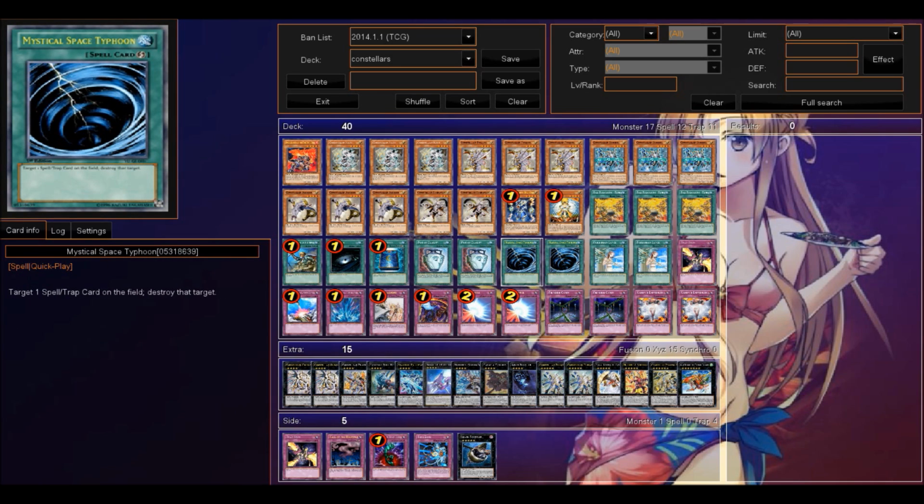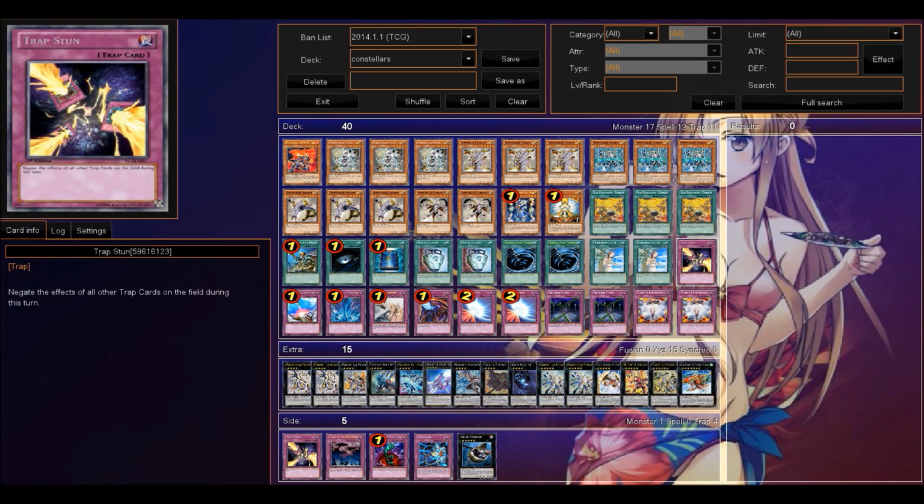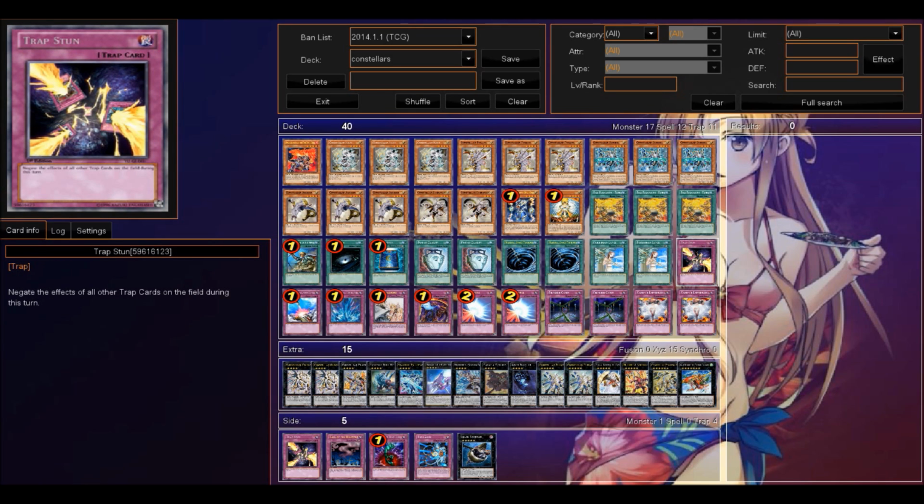Next we have 2 MSTs and 2 Lances because we hate back row, fuck that. Next up for the traps we have Trap Stun. Okay, this is my little tech that I've been testing out for this deck. Same thing like MST and Lance, pretty much shuts down traps for the turn and helps you make your plays, because back row is really